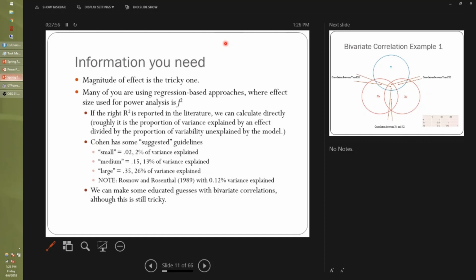We can make some educated guesses with bivariate correlations about what these different proportions of variance explained are, but it can be tough to do well. And I think I just realized I may have made a mistake in my example. We'll see what happens. Okay, so